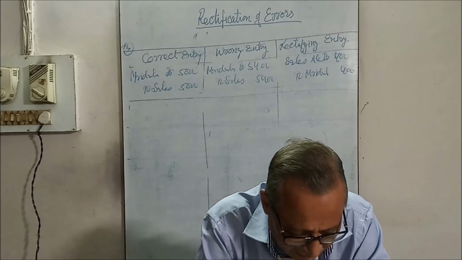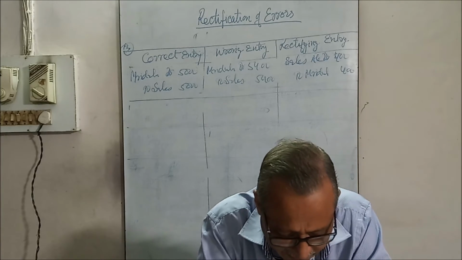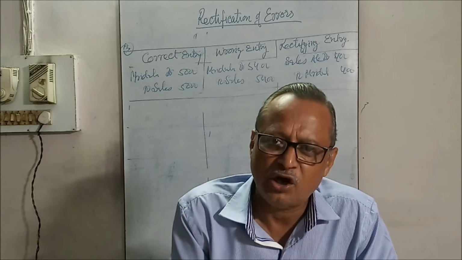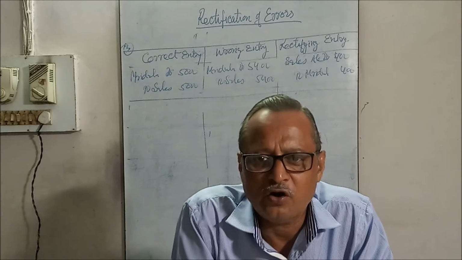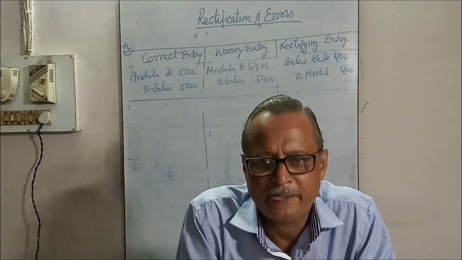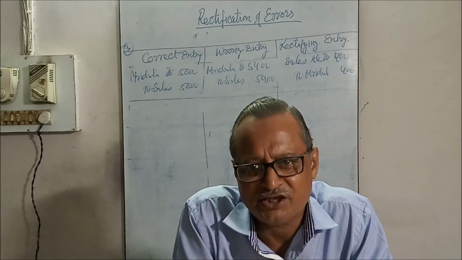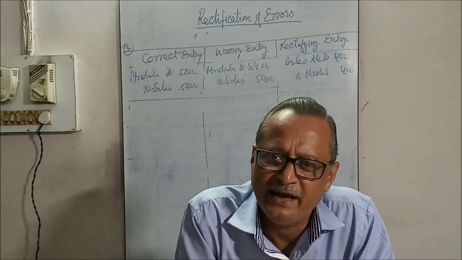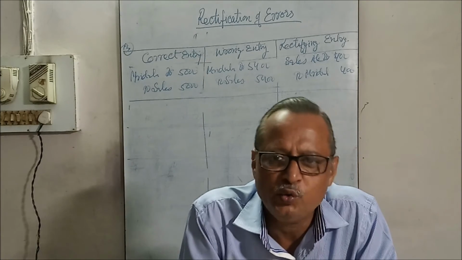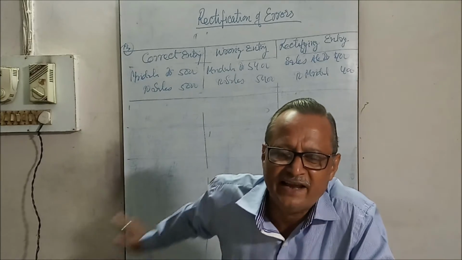And lastly, in the third question, goods returned from Rashi were 10,000 but recorded as 11,000. That is, sales return account debit to Rashi 10,000 should be the correct entry. But wrongly it was entered as sales return account debit to Rashi 11,000. 1,000 more was debited in sales return and credited in Rashi's account. To rectify it, the reverse entry will be passed for the difference amount, that is Rashi account debit to sales return 1,000. This is the way of rectifying this entry.